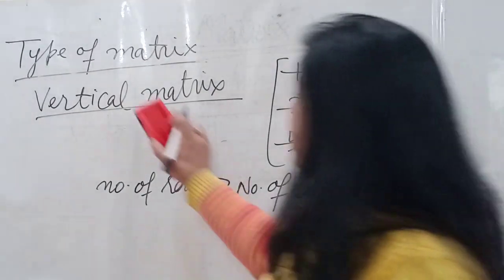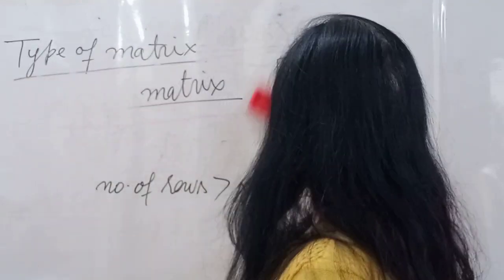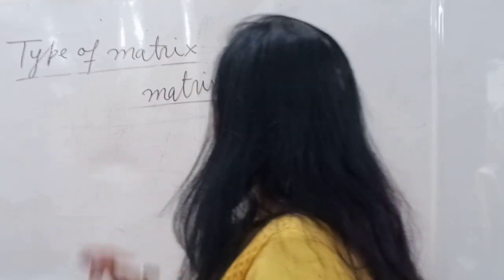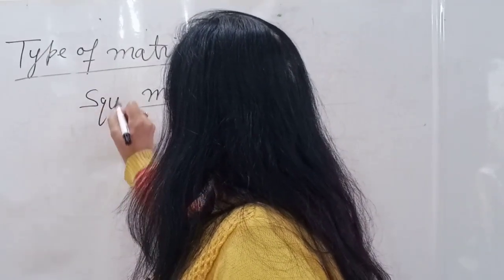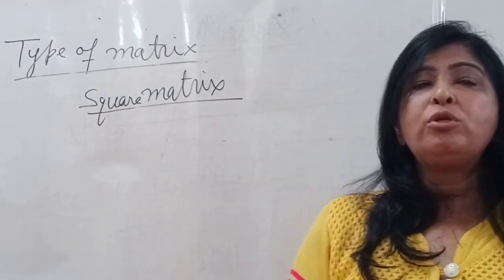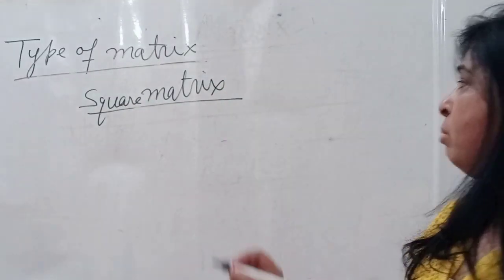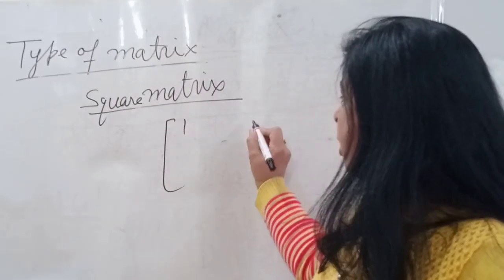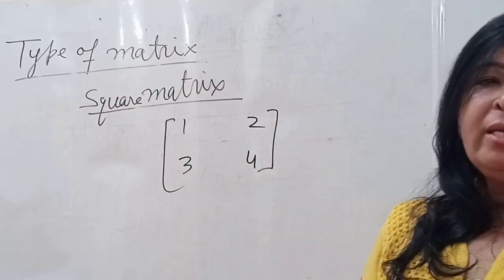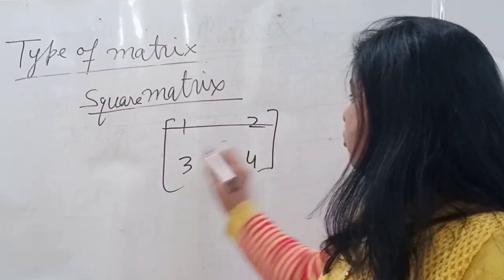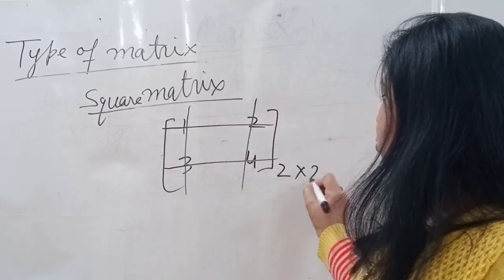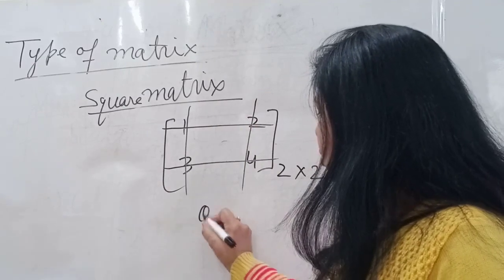Next you have the square matrix. As the name refers, square. In which the number of rows is equal to the number of columns. Say for example 1, 2, 3 and 4. So it is a square matrix. Why? Number of rows 2, number of columns 2. 2 by 2. So it is a square matrix of order